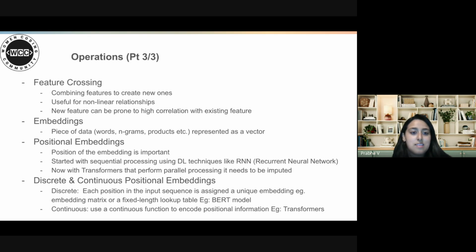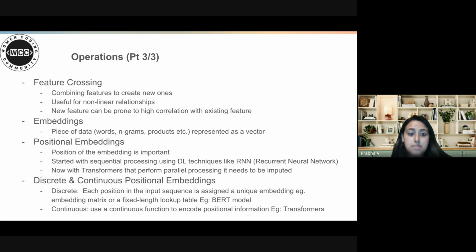A couple of other things, I'll speak about them really quick. Embeddings and positional embeddings are essentially when we use text data and represent the text information as a vector in N-D space. Positional embeddings are used when the sequence of the words in the text is important, and you want to encode that information when you're trying to receive the output.